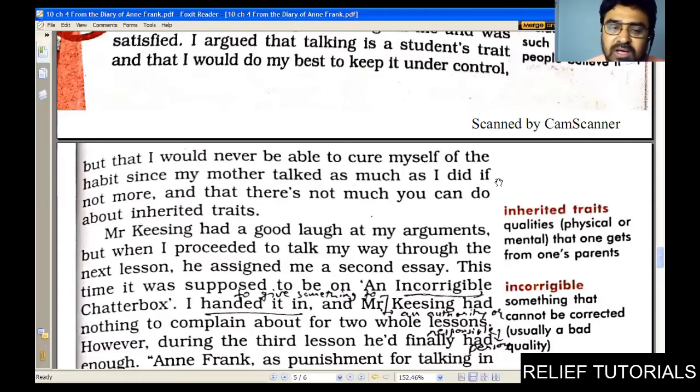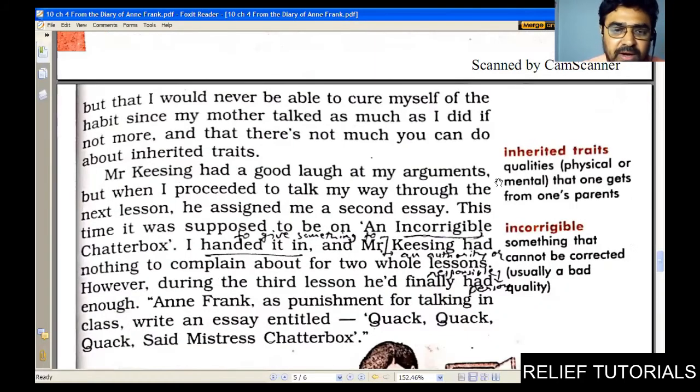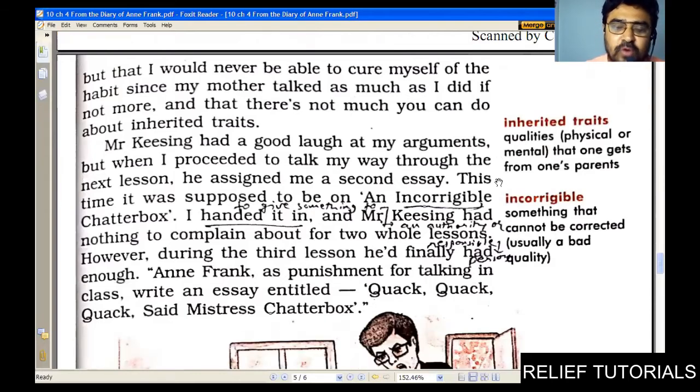I handed it in. Again she wrote, and Mr. Keesing had nothing to complain about for 2 whole lessons. She kept herself quiet for 2 lessons. But again, during the 3rd lesson, I had finally had enough. "Anne Frank," now he speaks angrily, "as punishment for talking in class, write an essay entitled 'Quack, Quack, Quack,'" said